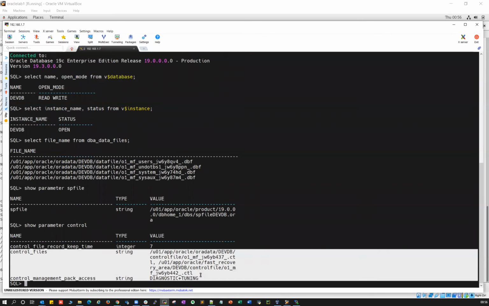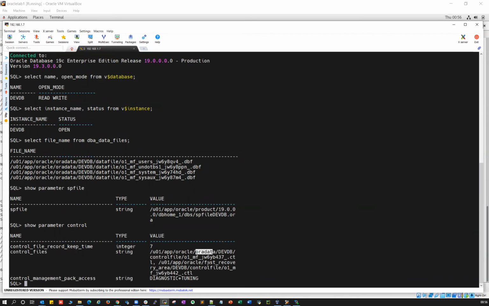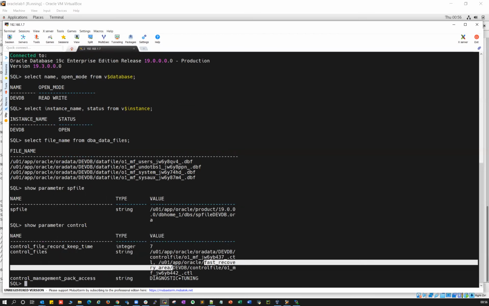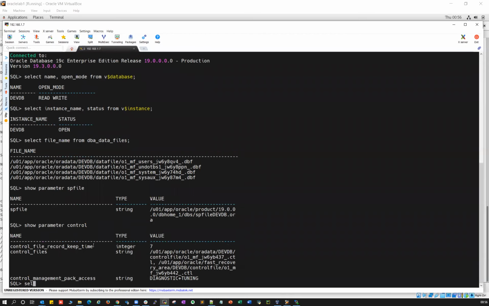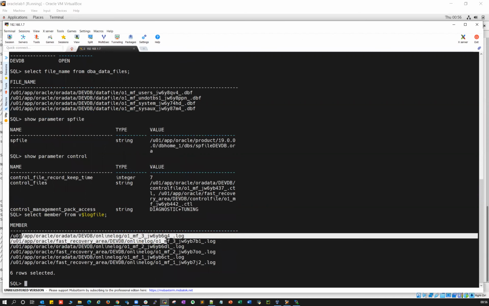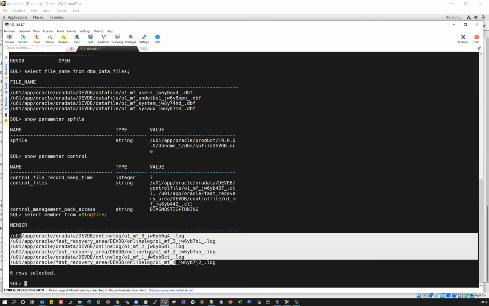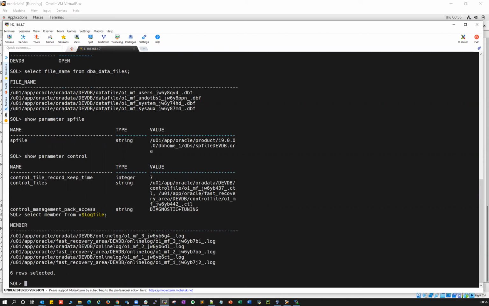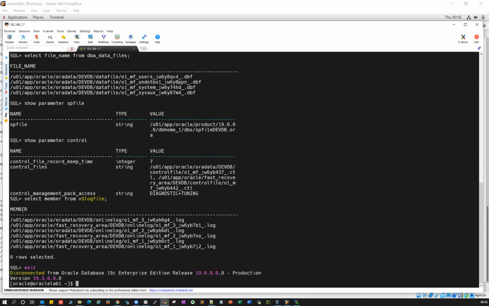You can see these control files: one is coming from oradata and one is coming from your FRA, the multiplexed control file. Then select member from v$logfile. All 6 log files are coming from the same local storage. So you can go ahead and physically verify here.